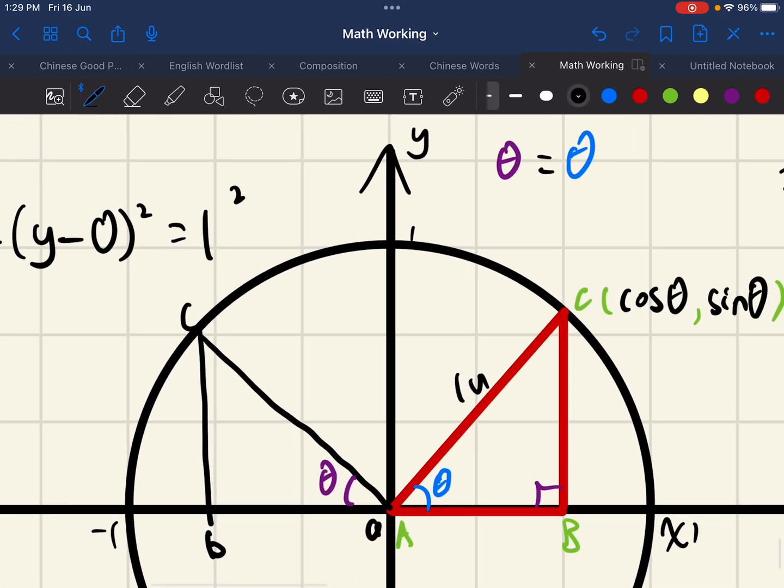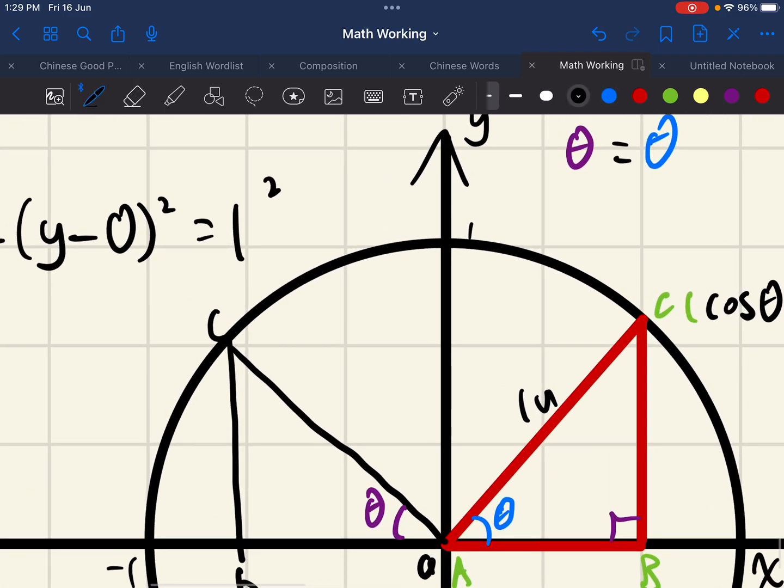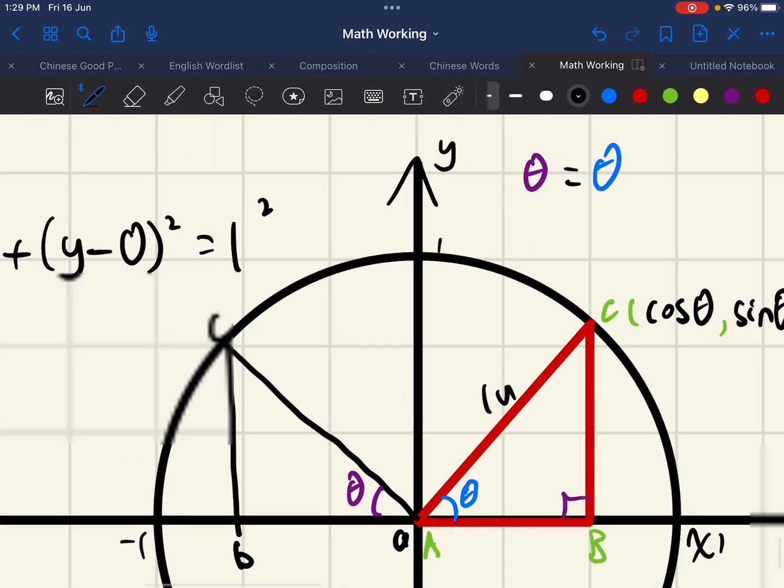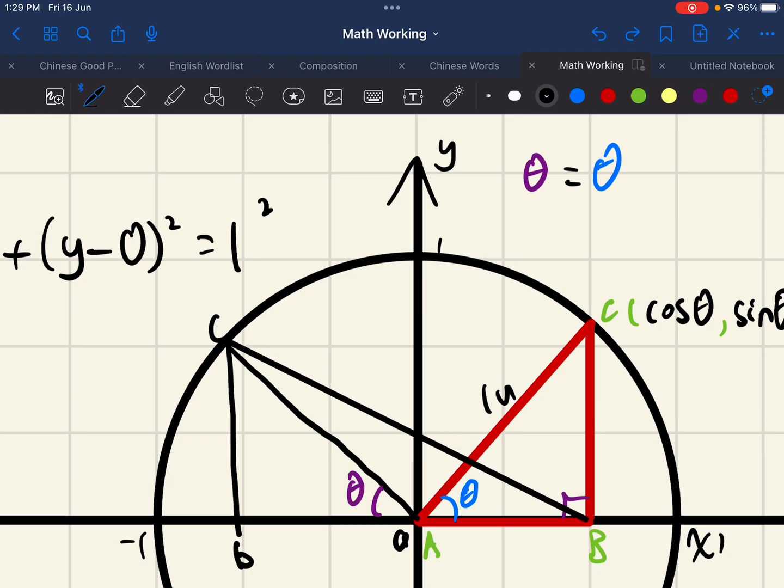So what happens now is that we have a new triangle. I can form a new triangle. I'll use the color. Oh, there's no more colors. Okay, then I'll use black. Maybe not a good representative. This triangle you see here,